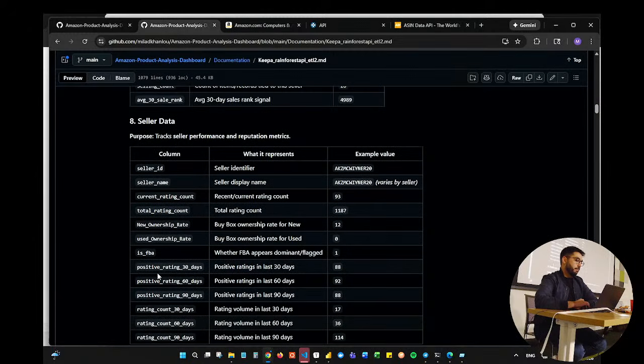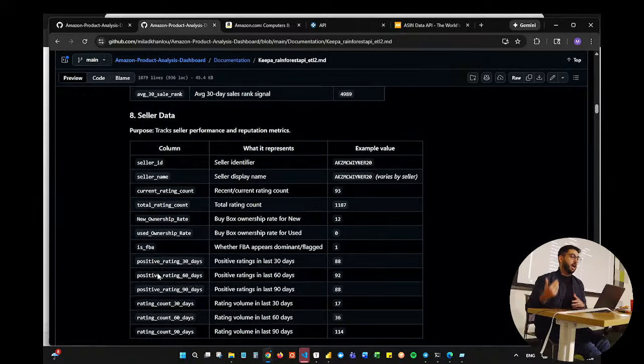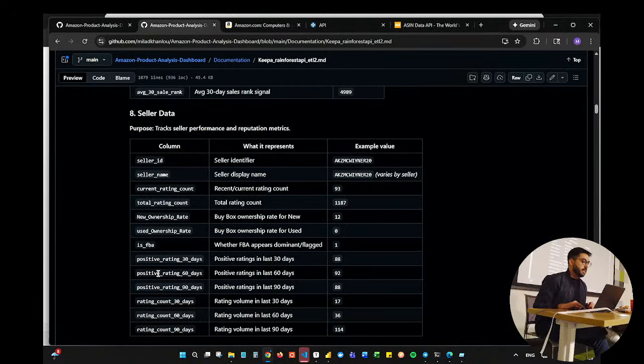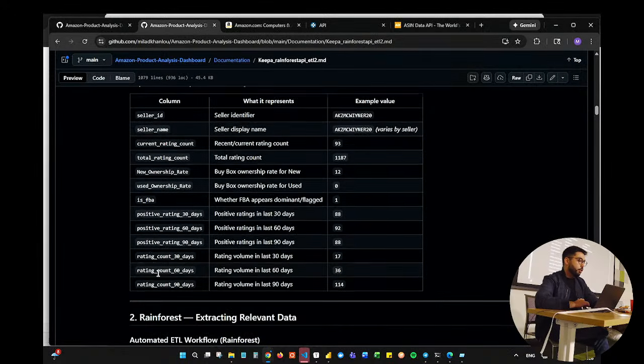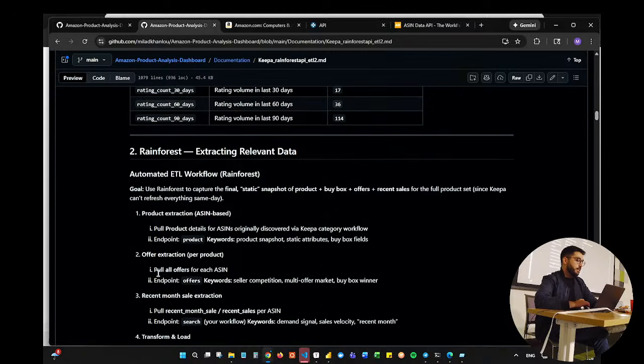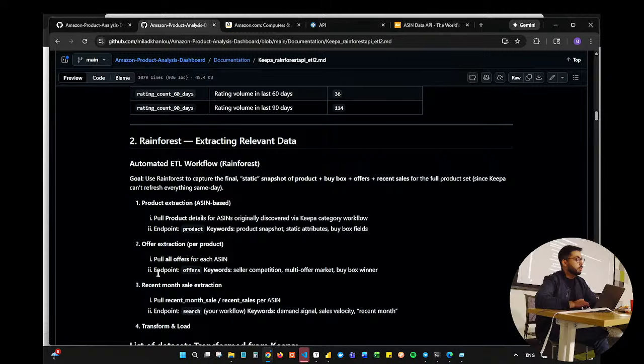And these were useful for me for the historical analysis, time series analysis. But I don't have any current data right now, only historical. So we go to the second extraction, which has its own